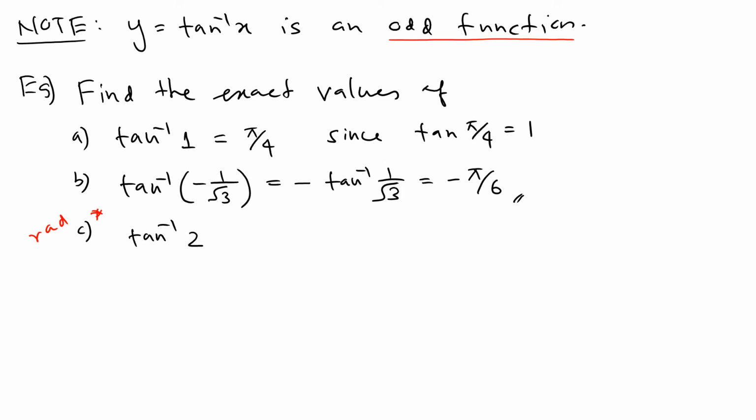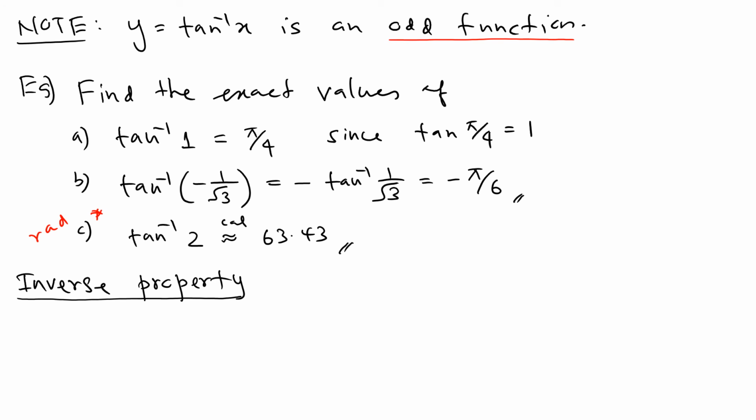So in radian mode, using a calculator, you can see that you're going to get approximately 63.43 radians. Okay, so next we can look at the inverse function property. From the inverse property, as before, we can write this one as tan inverse tan